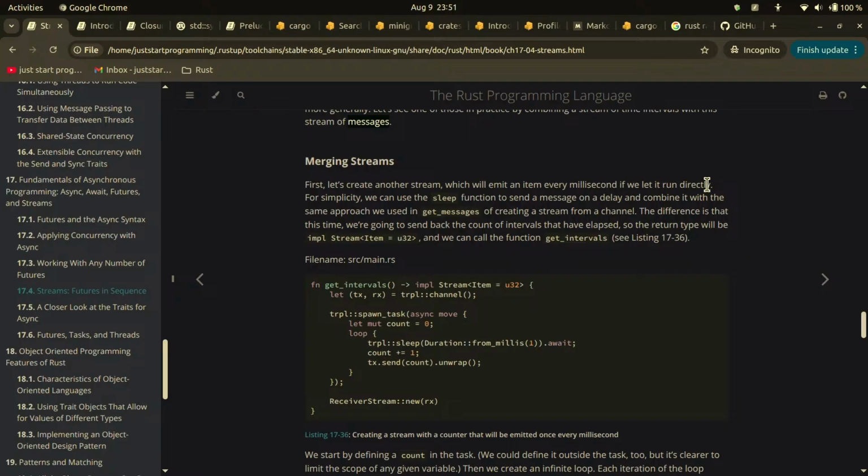If we let it run directly for simplicity, we can use the sleep function to send a message on a delay and combine it with the same approach we use in get messages of creating a stream from a channel. The difference is that this time we're going to send back the count of intervals that have elapsed. So the return type will be impl Stream, and we can call the function get_intervals. Okay, we have get_intervals, impl Stream,